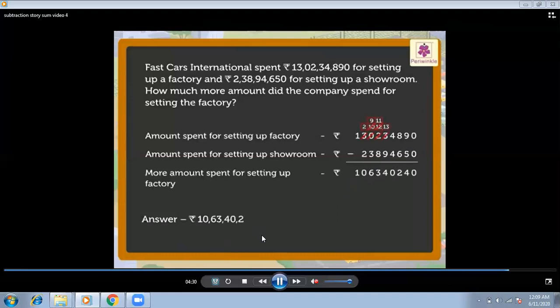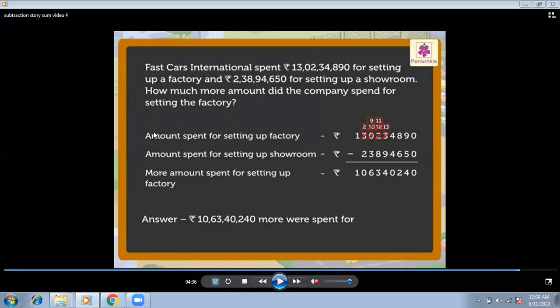That is the very necessary part of your sum. I'm telling you again and again. In the story sum, after the solution, don't forget to write the ending statement, which is a very necessary part of your story sum. And in the ending statement, you are not supposed to write just 'the answer is this'. No. You have to make a proper ending statement for what has been asked in the question. For that, you have to take that question and make your ending statement.